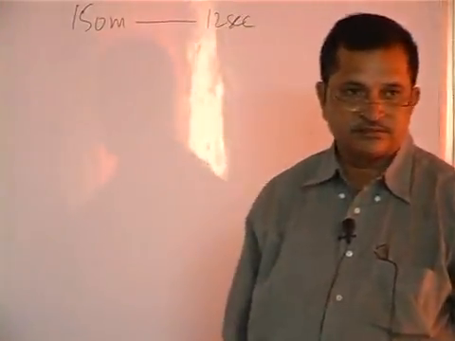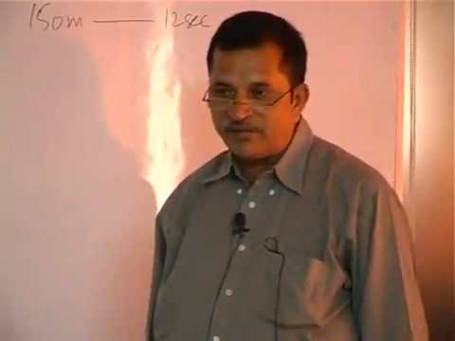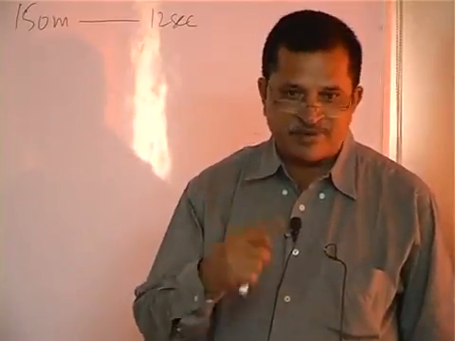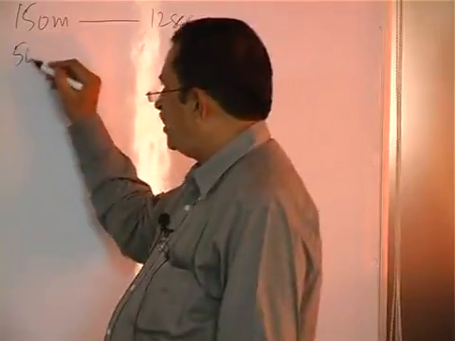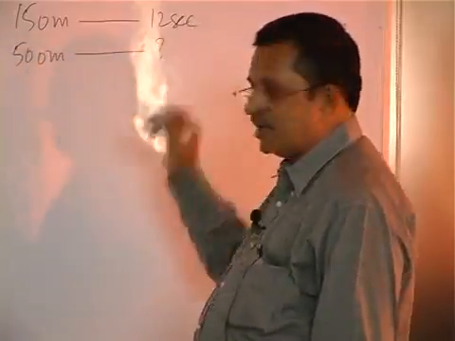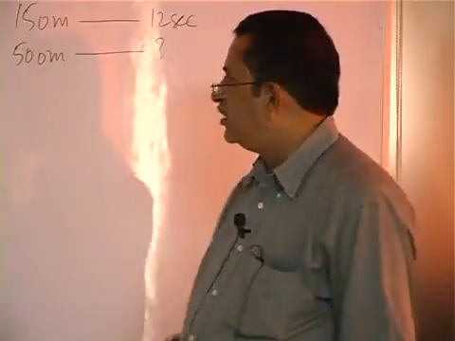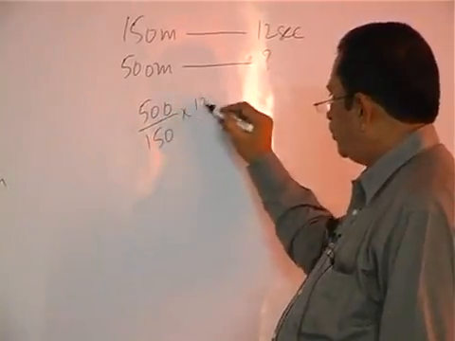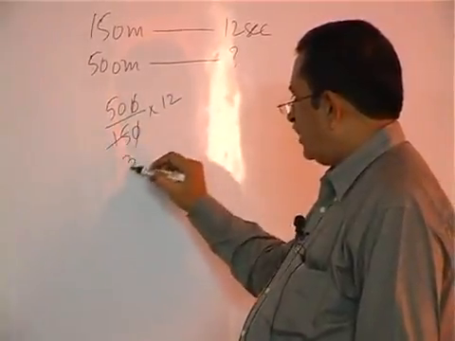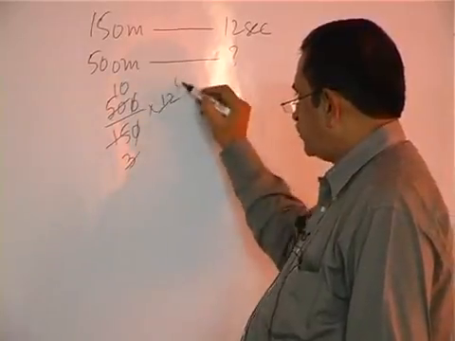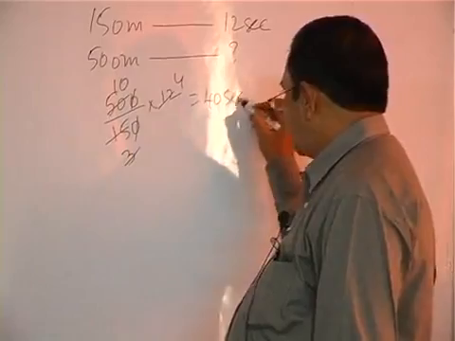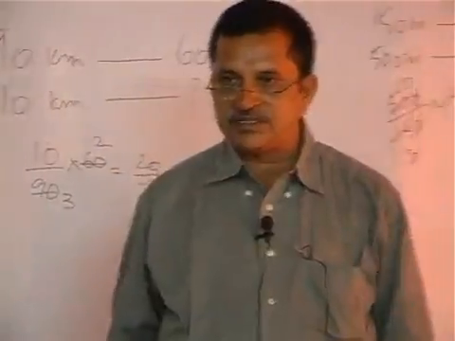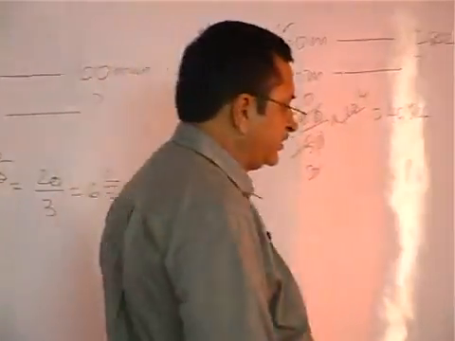The next, don't put 350 meters. A train has to cross a bridge means train length plus bridge length. So to travel 500 meters, what is the time it would take? So 500 by 150 into 12, that is 40 seconds. What is the time it takes? It takes 40 seconds. Next,